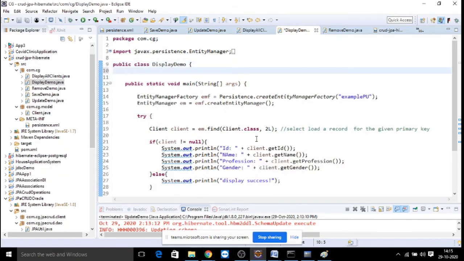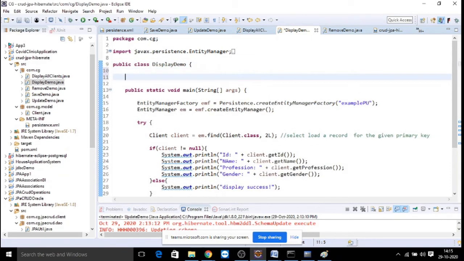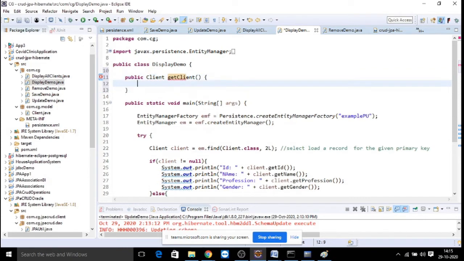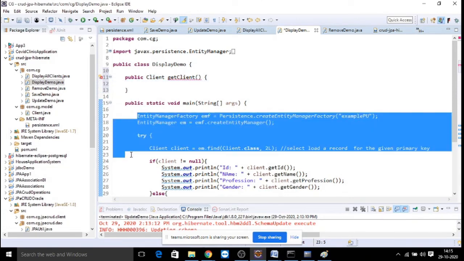Assume that this class is my repository class, and I am going to write a method whose return type is public Client object. getClient is my method in which I am going to get the client object and return that.